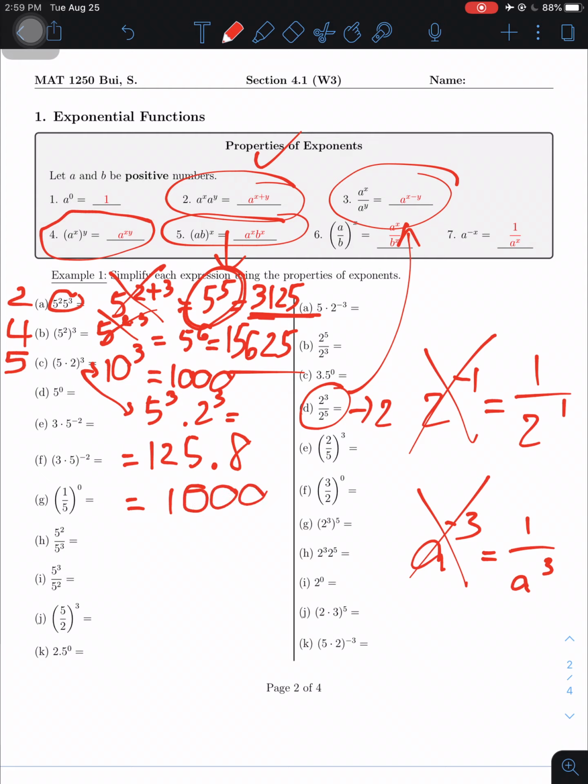Okay, so this is one way to do it, and this is the other way to do it. Of course, if you don't want to do the second way because it's longer, I totally understand, that's fine. In the test, you don't have to do it both ways. You can just do one way, and that's cool to me, okay? And whichever way you do in here, as long as it makes sense to you, it should make sense to me, okay? So let me get rid of some of the words so I can have space to do part